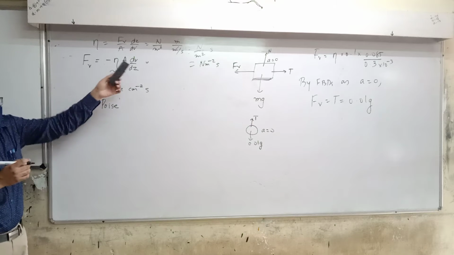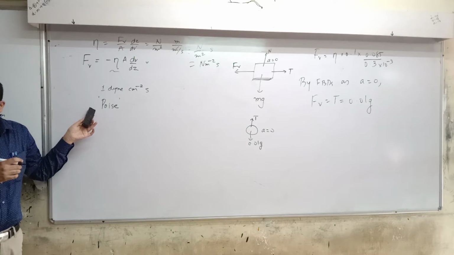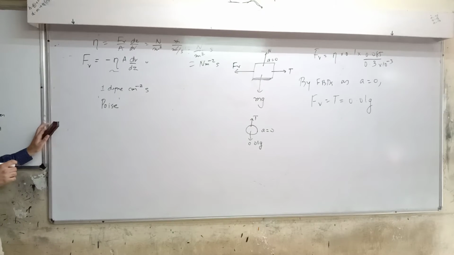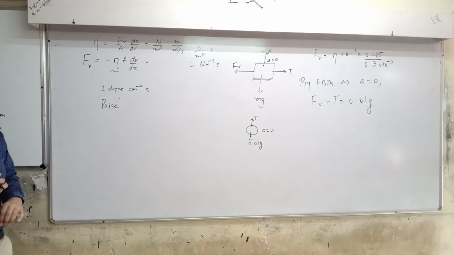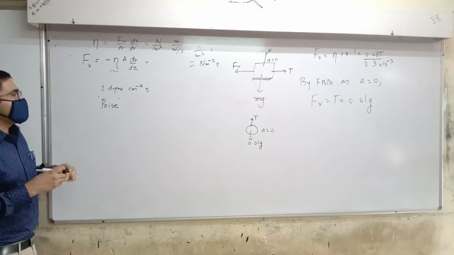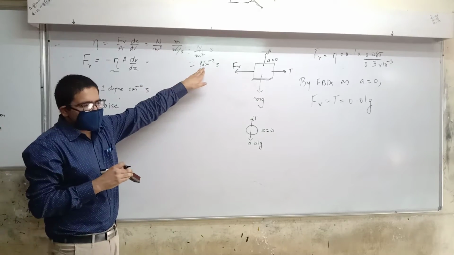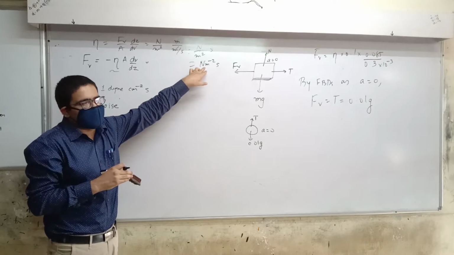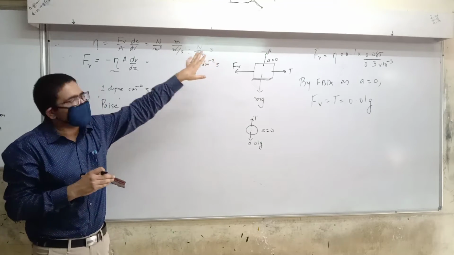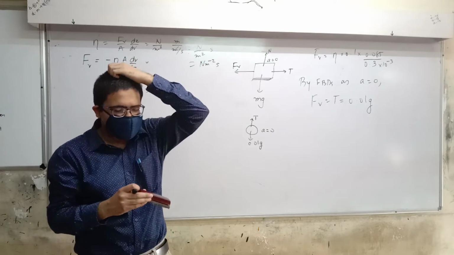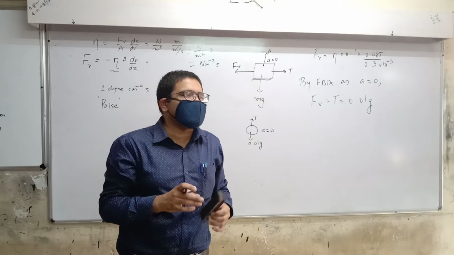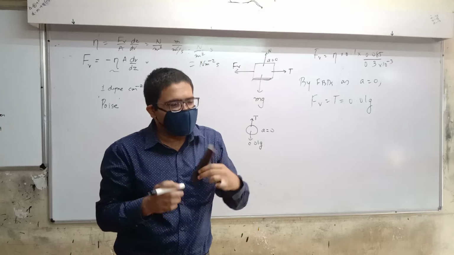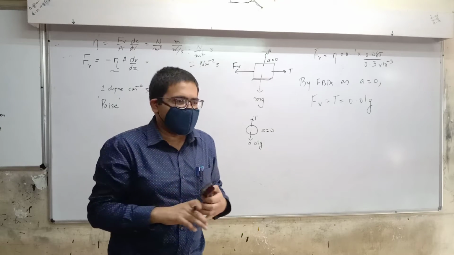Remember, it's not the SI unit. Be careful. It is not the SI unit. The CGS unit of coefficient of viscosity is what? It does not have any kind of name. You can write Pascal second or Newton per meter square. So I think there's no other question regarding viscosity. If you ever find one, do tell me in the textbook.